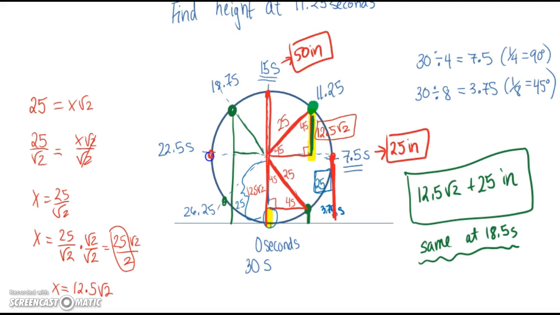Here at 22.5 seconds, again, we're dealing with the radius, so the height is 25 inches. And then we're back to the ground again. But now suppose we have a different height. So let's try to find the height of the gum where the gum doesn't land on one of these quarter circles, or eighth of a circle, rather. All right, so now we're going to try to find the height of the gum at 20